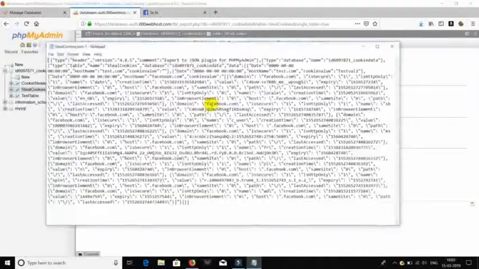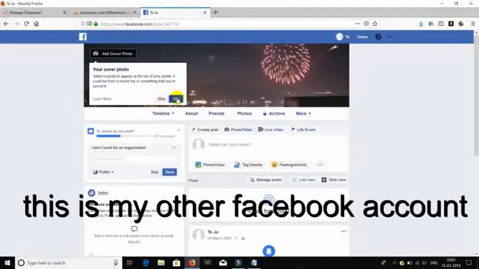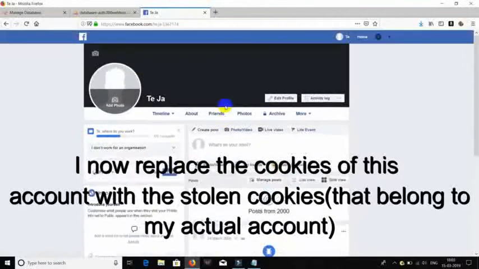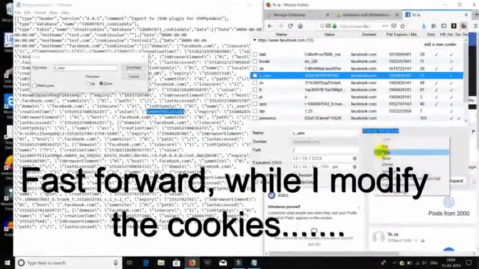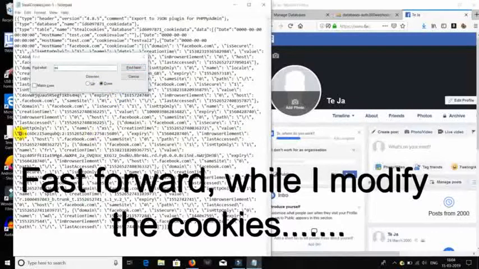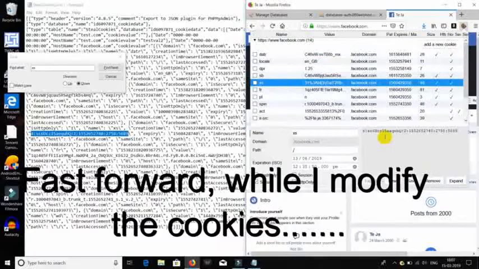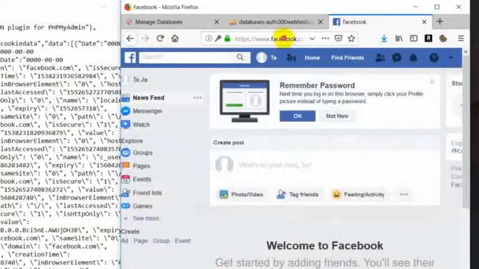Then I install this edit cookie extension on my browser, using which I can modify the cookies on any website. I then logged into my Facebook account, and now is the time to replace the current Facebook cookies with the stolen cookies that belong to my actual account. Once I replace the cookies and hit refresh, you can see that I am magically logged into my actual Facebook